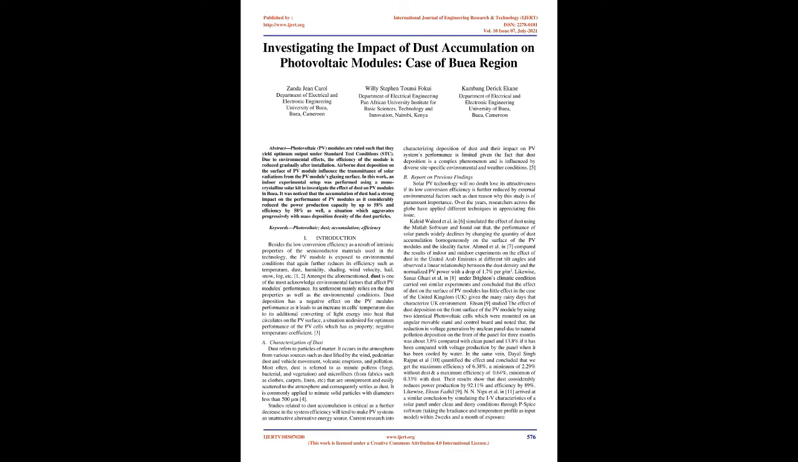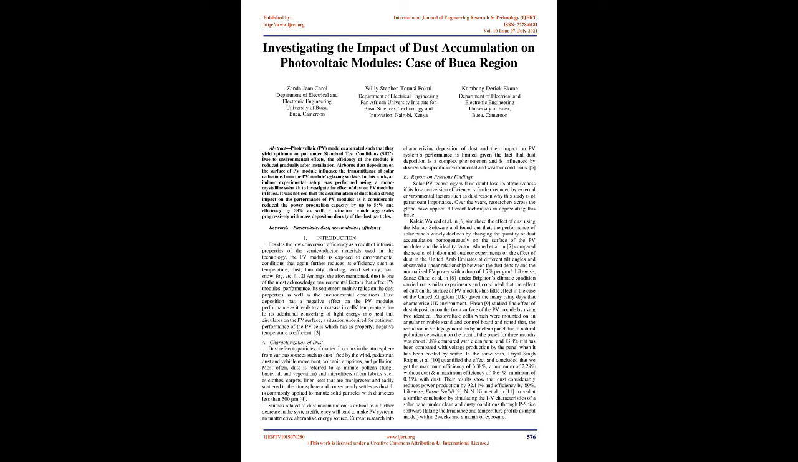Dust deposition has a negative effect on the PV module's performance as it leads to an increase in the cell's temperature due to the additional conversion of light energy into heat that circulates on the PV surface, a situation undesired for optimum performance of the PV cells, which have the property of a negative temperature coefficient. [3]